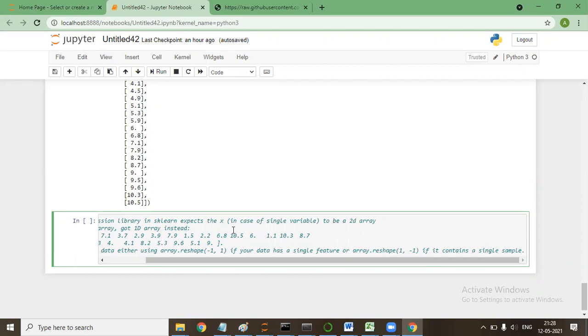So you guys can try it with simple X and Y data. Don't use dot values, then I don't think this problem will come. This is the only thing when it is coming, because I've been using a single variable. If I use multiple, this problem didn't come with Y. This problem only came with X. When we use multiple columns in X, this problem will not come.